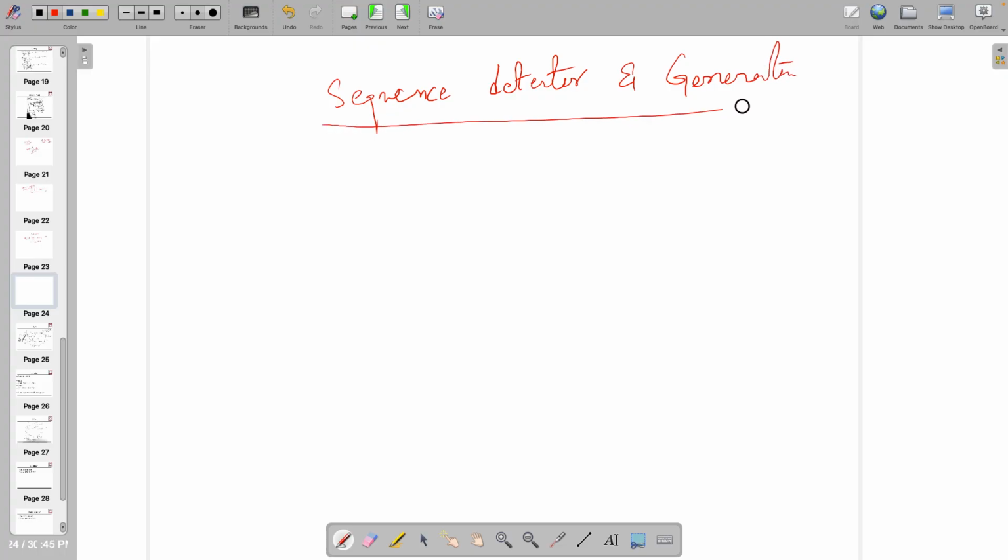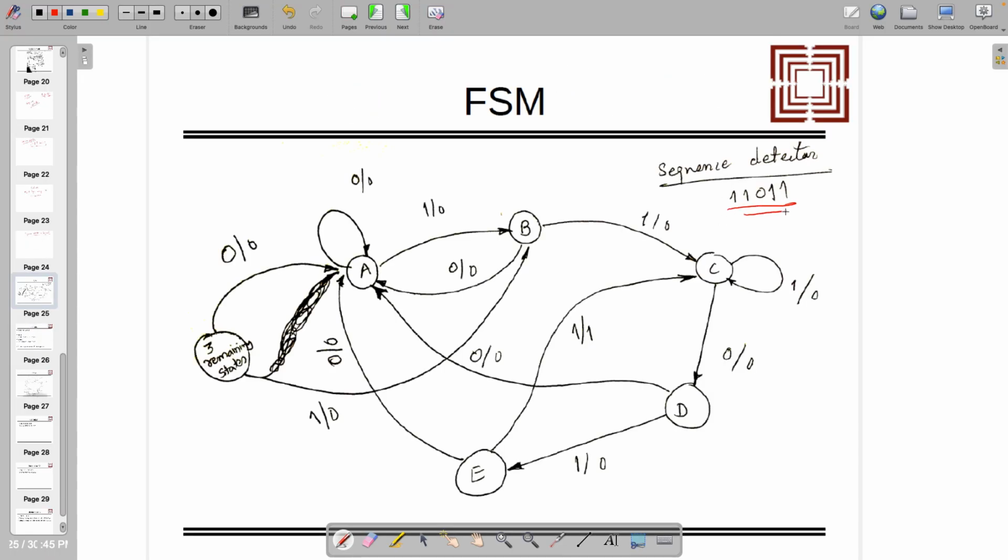So we practiced one of the problems, and that was detecting 11011. So this was one of the solutions which can give you the sequence as you want. We also learned that for the remaining states we also need to think where they will go. It has to be well thought out for all the available states within the given flip-flops. If there are 3 flip-flops, as in this case, you cannot drop the remaining 3 states. You have to take care of all the states so that the finite state machine will work as per the requirement,